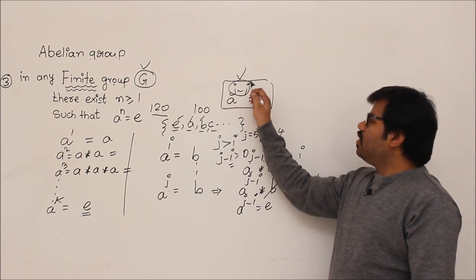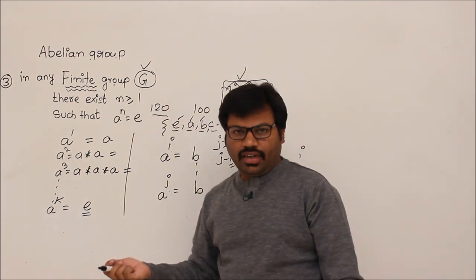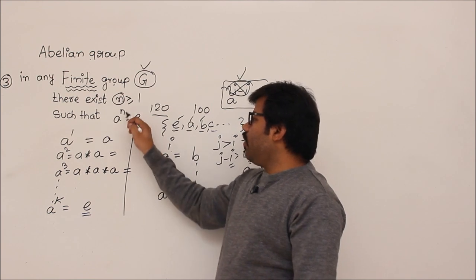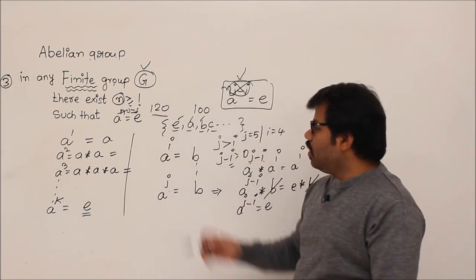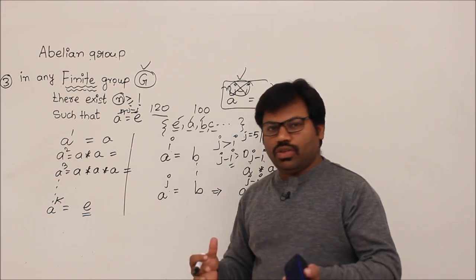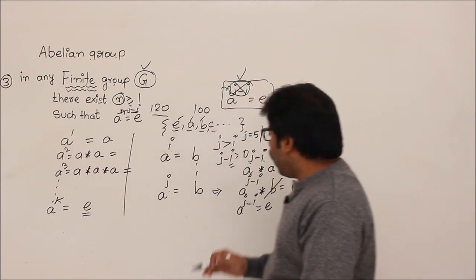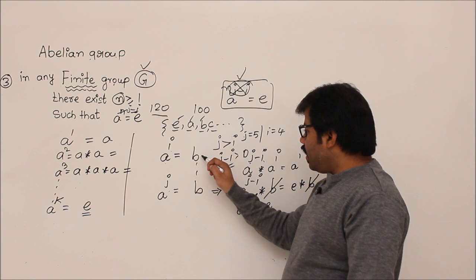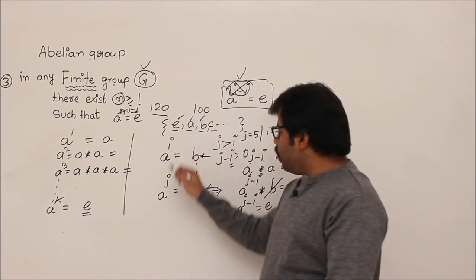But what is j minus i? Some number, let us say n, which is greater than or equal to 1, correct? Yes, finally we got a number so that A power n equal to e, where n is nothing but j minus i. Now here I ask some fundamental questions so that you can easily understand this theorem. Sir, why have you taken A power i equal to B and A power j equal to B? Because I wanted to say that there is a repetition of symbols. Why repetition of symbols, sir?